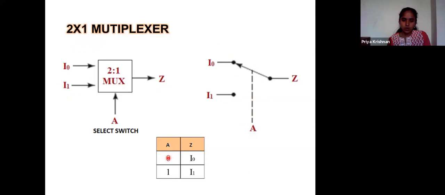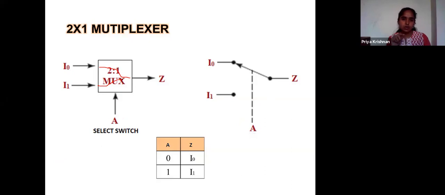This is my control switch. If A is 0, I'll connect I0 to Z. If A is 1, I'll connect I1 to Z. Got it? At one time, only one input will get a chance.